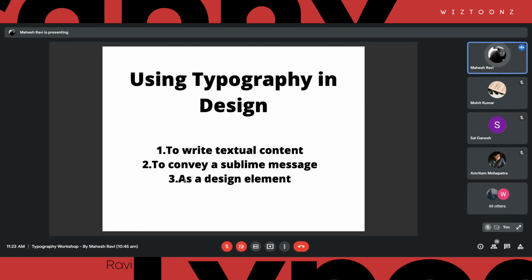For example, I think you are all familiar with David Carson, right? David Carson is a person who treats every element in his design as an aesthetic element. Functionality or readability is his second priority. His first priority is that it should aesthetically attract or disturb a viewer. They should actually look at it and think about it.